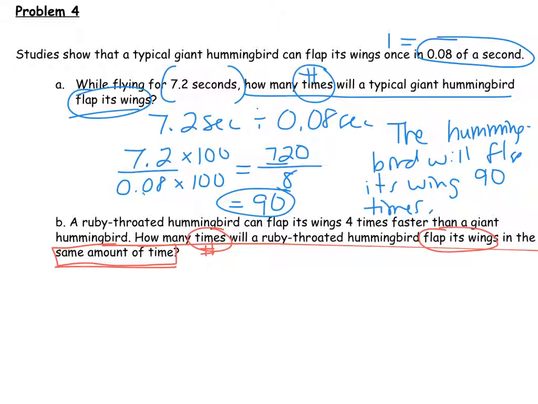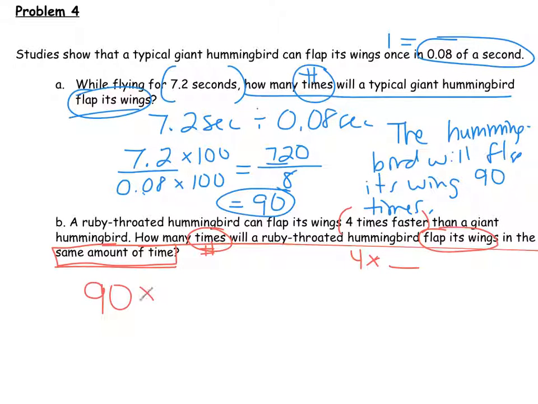So I'm noticing that this ruby-throated hummingbird flaps 4 times faster. So I know it's going to be 4 times my number. So if the giant flaps 90 times in the same amount of time, I'm going to do for the ruby-throated